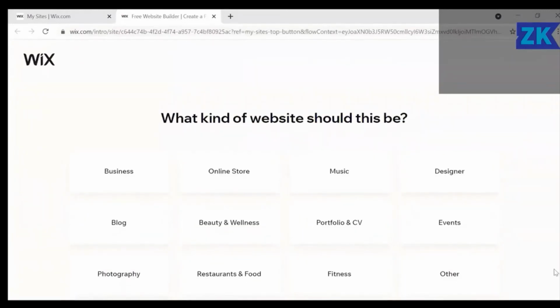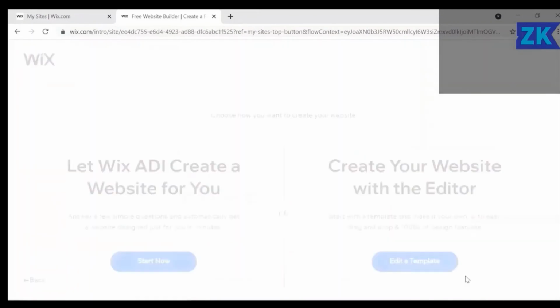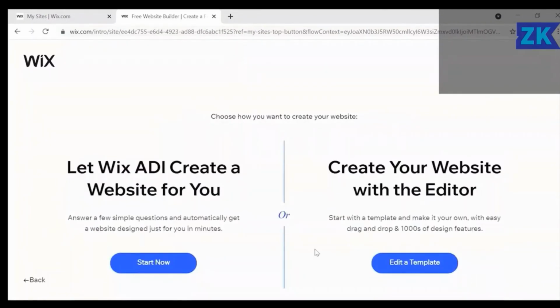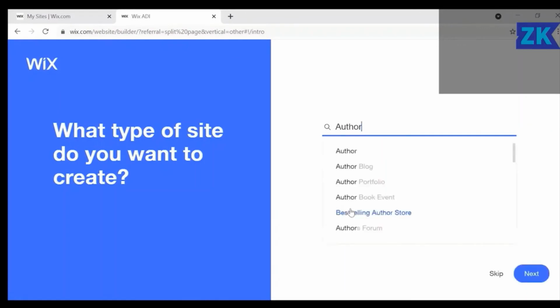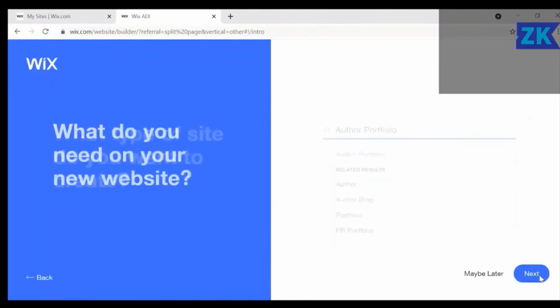The last option for WIX is that it is open to all other options. So this is why probably it has been named as other. So let's see what options we have here. So if we click on the option start now. So let's say if I am an author, I can select this option. And if I want to create a portfolio and I click next,